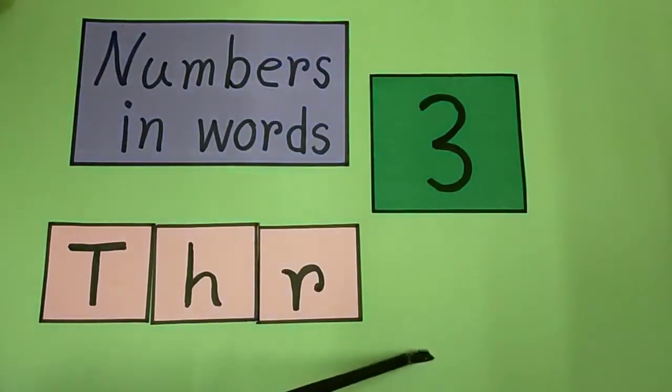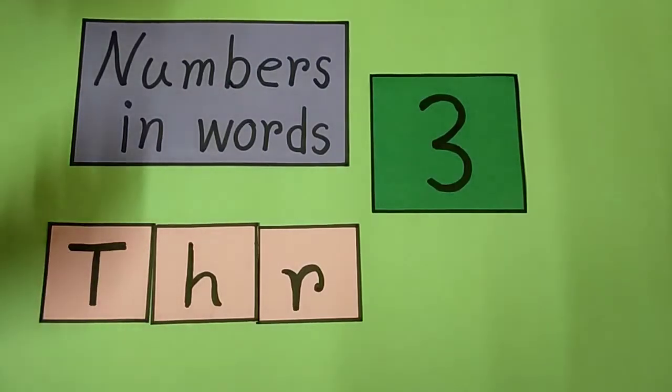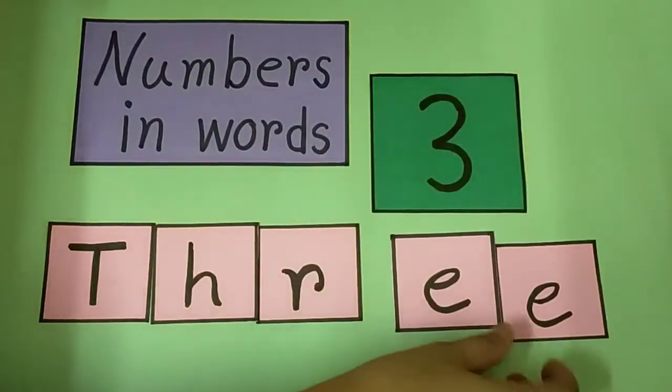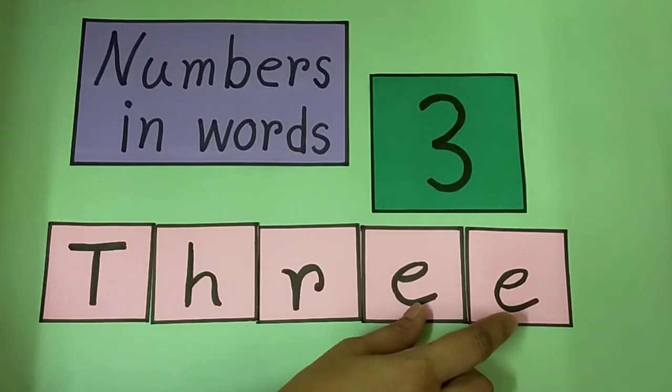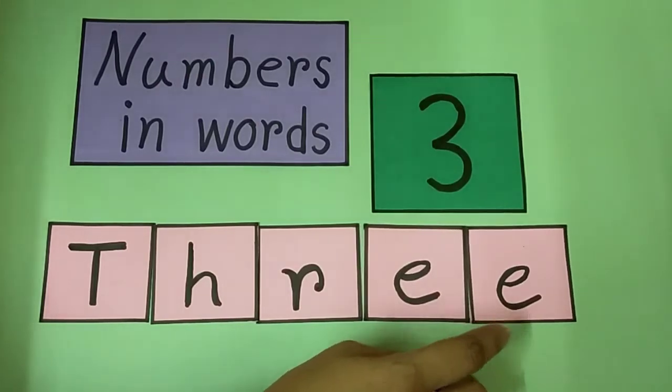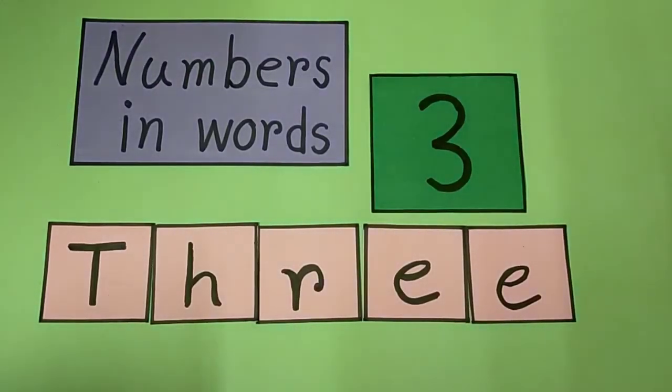Now, can you remember the sound E? Long E. Okay. Double E. If we put double E together, the sound is E. So, what is the spelling? T-H-R double E, 3. Now make the sound with me. Th,